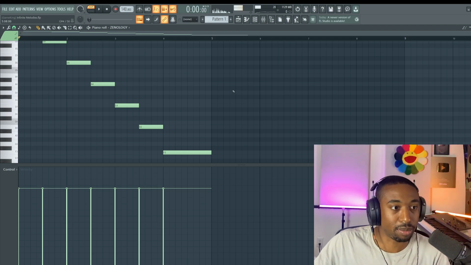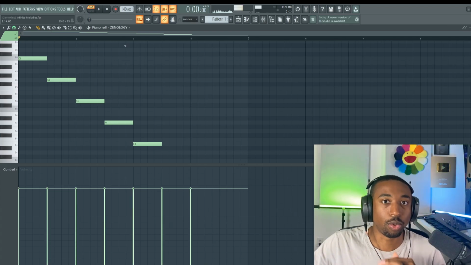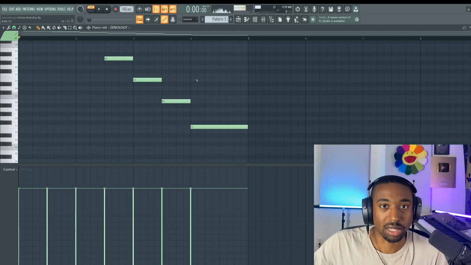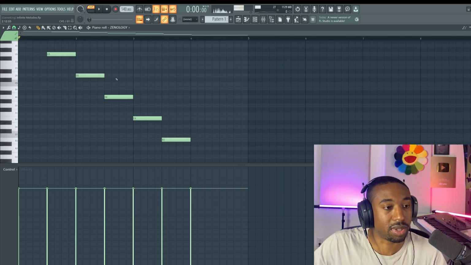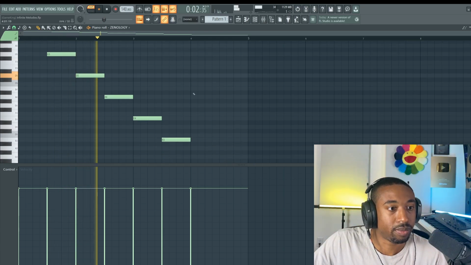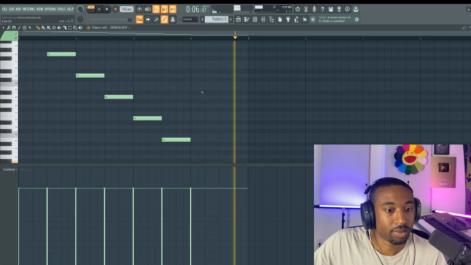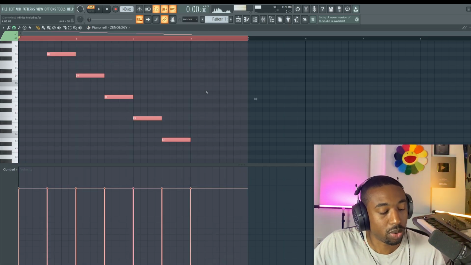I'm about to put you guys on game when it comes to melodies. So here's what you guys can create. This is just a simple formula to give you an infinite melody machine. I'll show you what it sounds like, but this is just an example of the tone. Okay, and then it repeats. So what are we doing here?